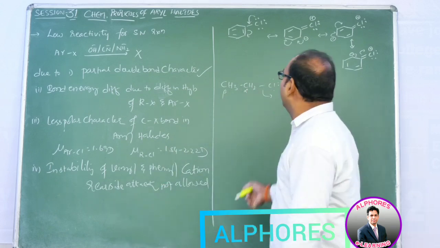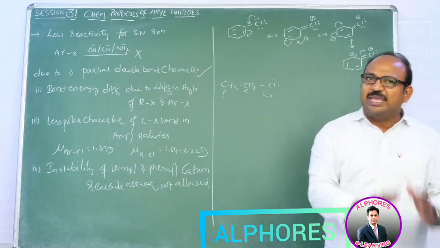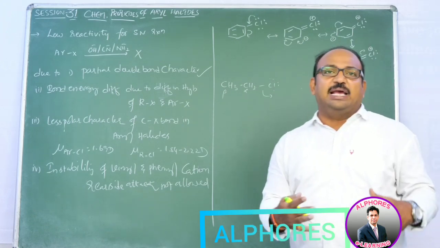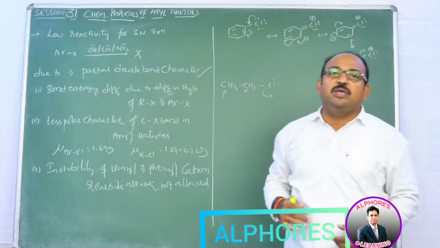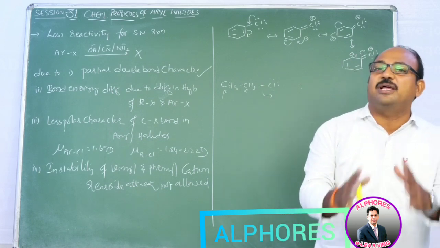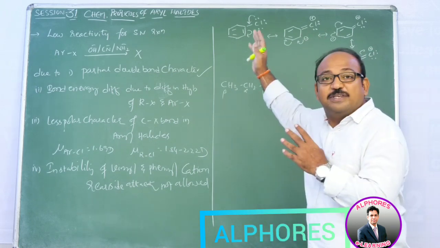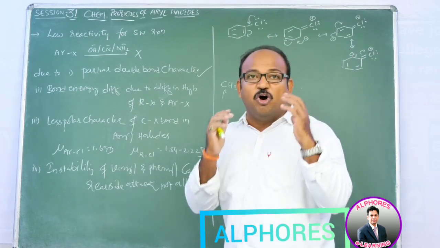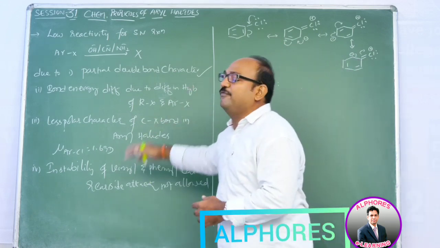As we discussed, in the case of alkyl halides, for breaking the C-Cl single bond we need to provide some amount of energy, whereas when it adopts double bond character, obviously we need to provide much more energy to break that C-Cl bond. So for breaking the C-Cl bond in aryl halides, we need to provide more energy compared to alkyl halides. That is the second factor.